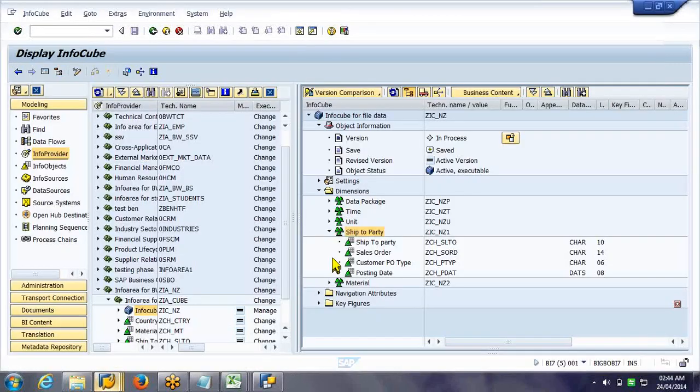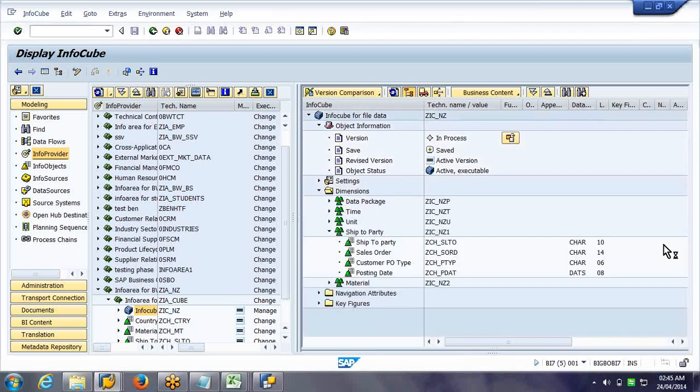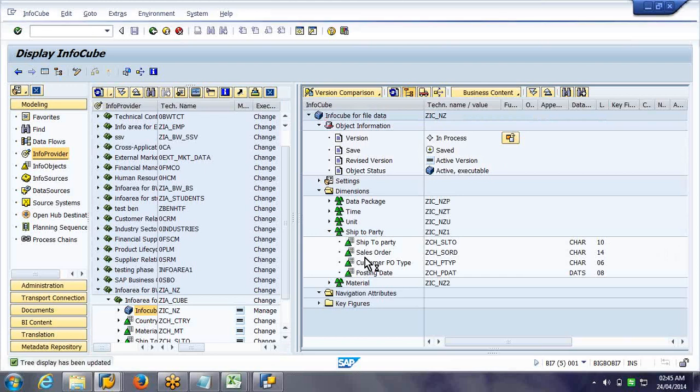Just to refresh over here. Wherever the info provider is, whether it's a DSO, cube or a multi-provider or anywhere, just let me refresh sessions.